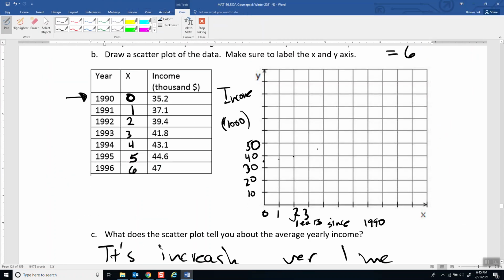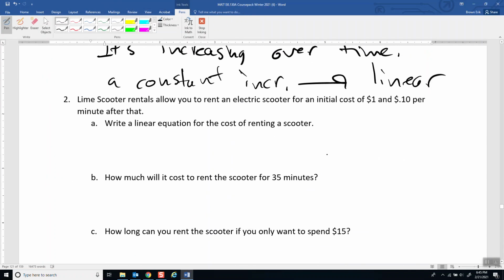Okay, so number two, we've got that this Lime scooter rental rents out electric scooters for an initial cost. Ooh, keyword, right? We should immediately know what this is. Initial cost, that's the starting value. That's when x is 0, y is 1. That's the y-intercept. So initial cost and 10 cents per minute after that. So $0.1